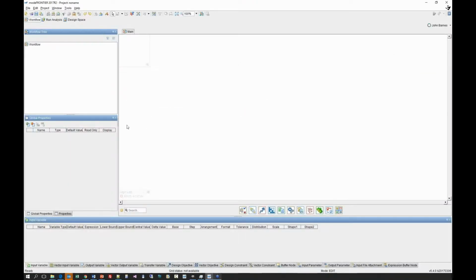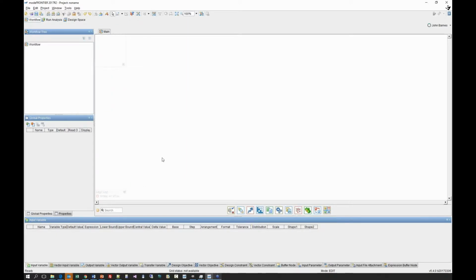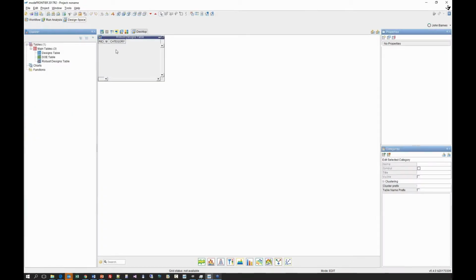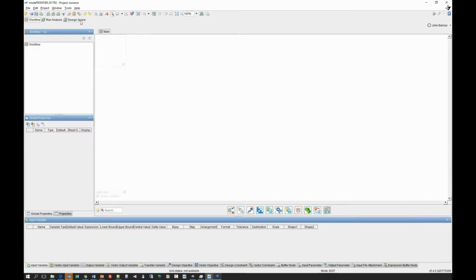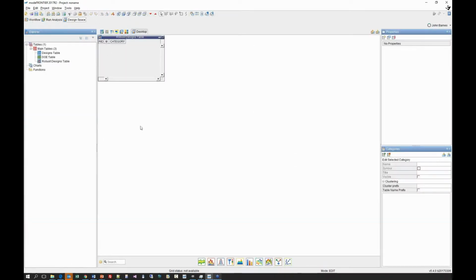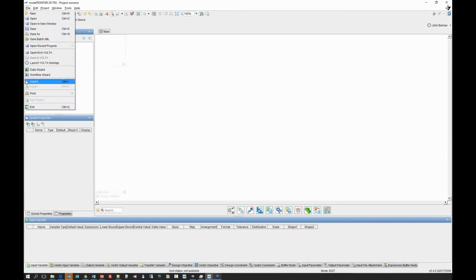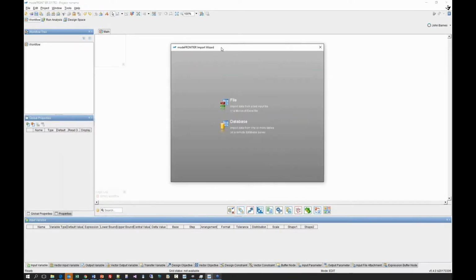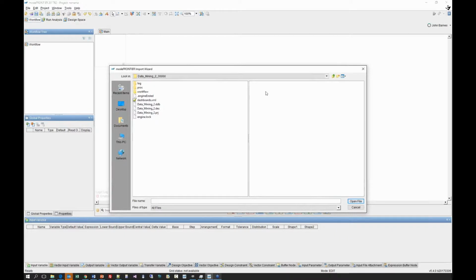a nice, efficient manner. So inside Mode Frontier, we can build ourselves a workflow automatically straight from that Excel spreadsheet, or we can go straight to the design space and use the table creation tool to load in that data. We can either get it to build a workflow and then a corresponding table, or we can just build the table on its own. Either way, it doesn't really matter. But in this case, we're going to use this data wizard. And we're going to tell it to open from a file. We'll find that